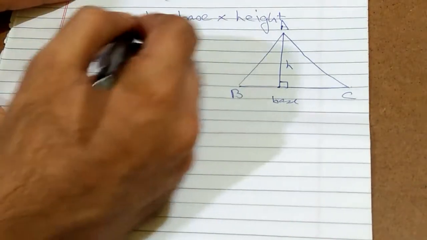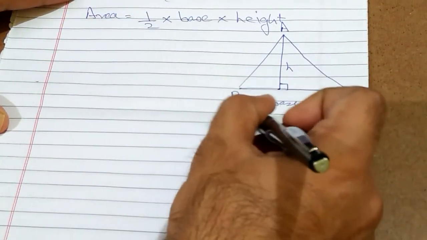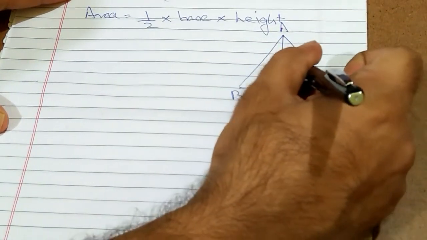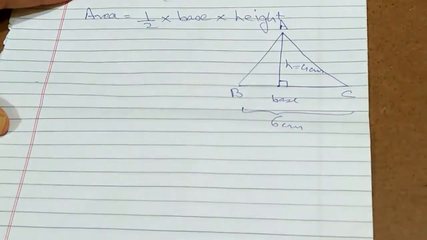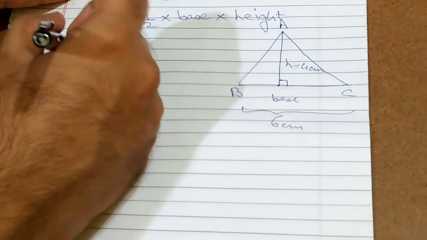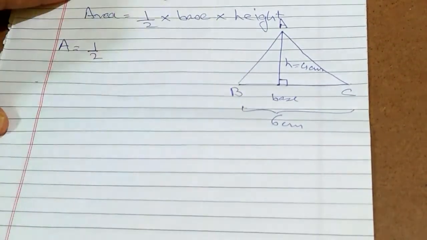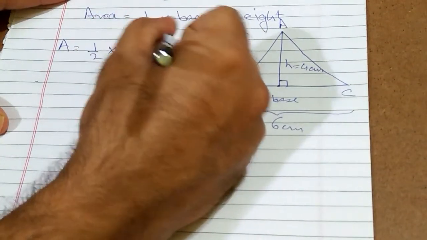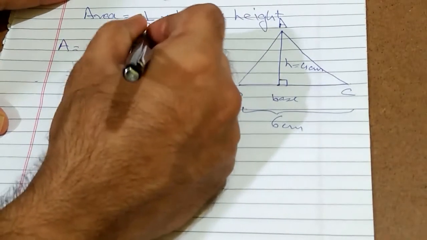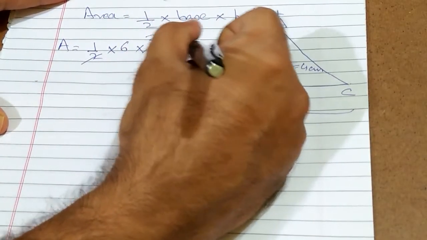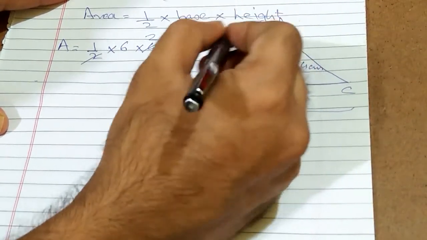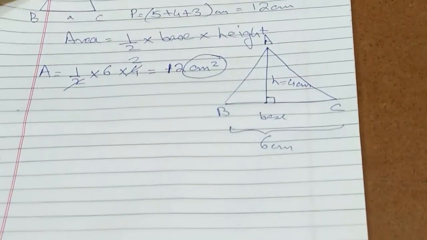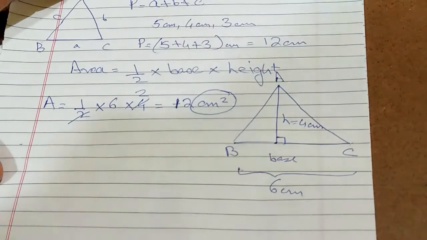Let's take an example here also. Supposing this side is, let's take some rough example like 6 centimeter and height is 4 centimeter. So what will be the area? Area will be equal to half into base is 6 centimeter and height is 4 centimeter. That gives us 12 centimeter square. Area is, the unit is square. So you have to remember this. You cannot go wrong on this part. Okay. So far so good.